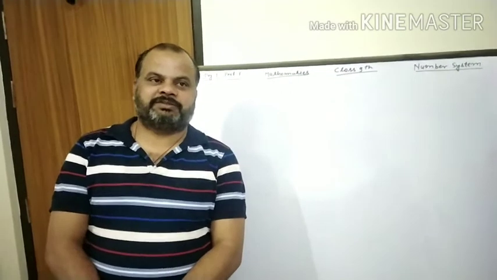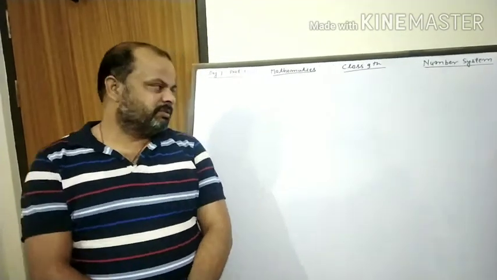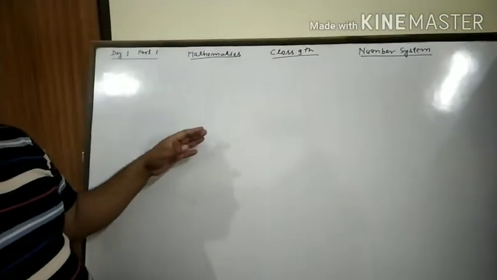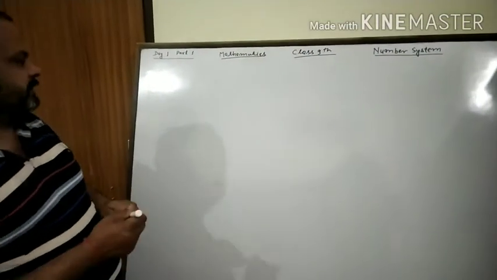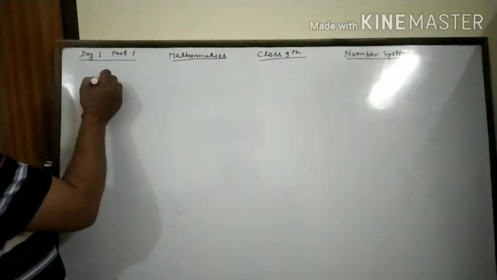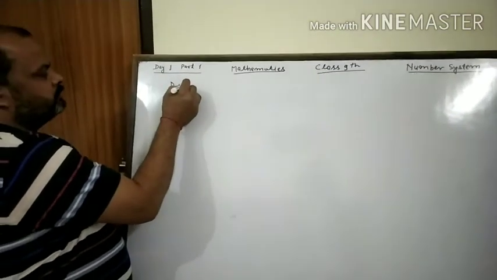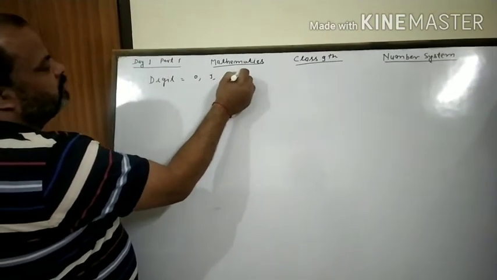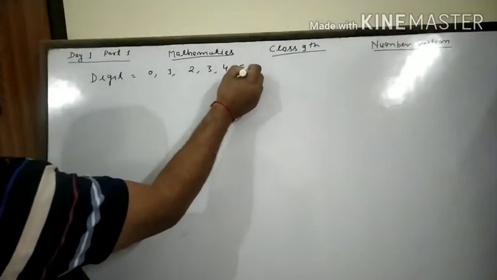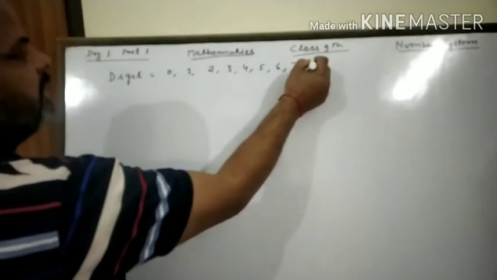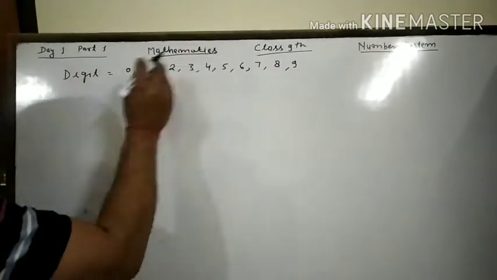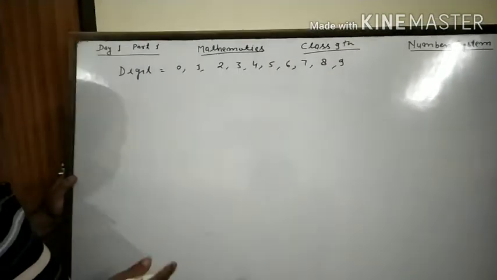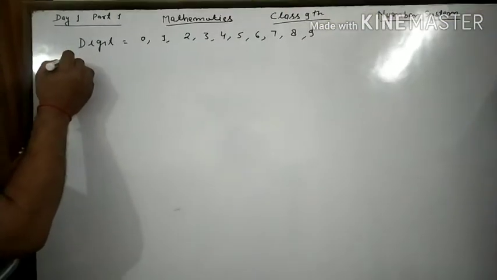In ninth class, today is my first topic. The first topic is the number system. Before this, we discussed some previous things like digits. The notes are already with you. Digits are 0, 1, 2, 3, 4, 5, 6, 7, 8 and 9. 0 to 9 are the digits, and a digit is a symbol by which you can make a number. Then after, we will start from the natural numbers.